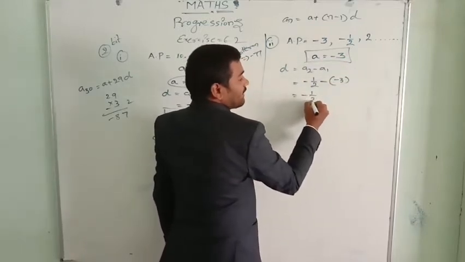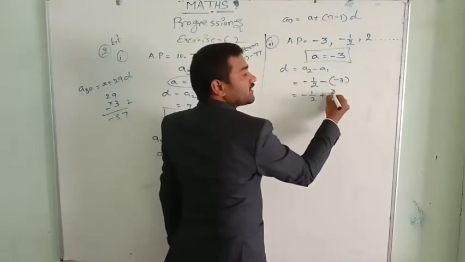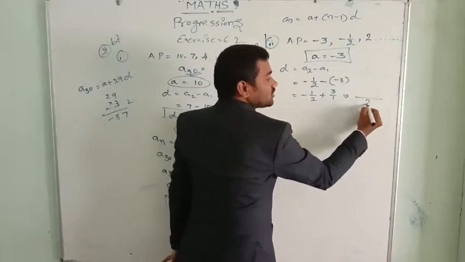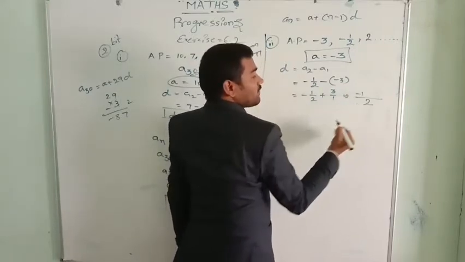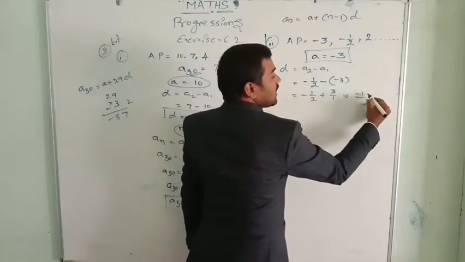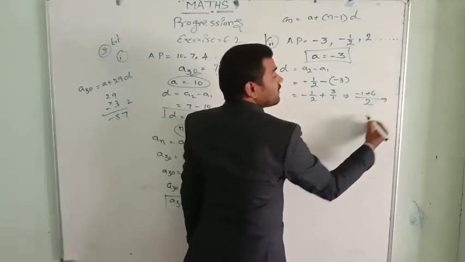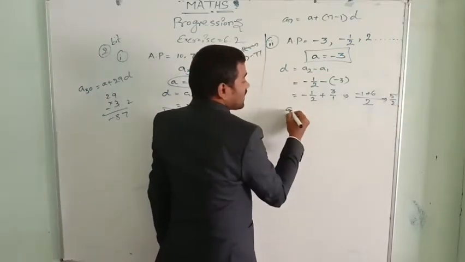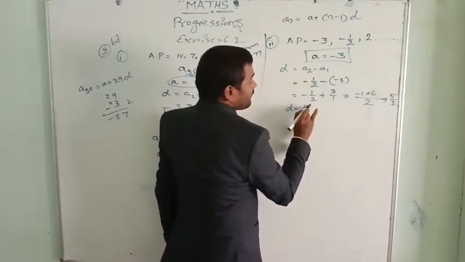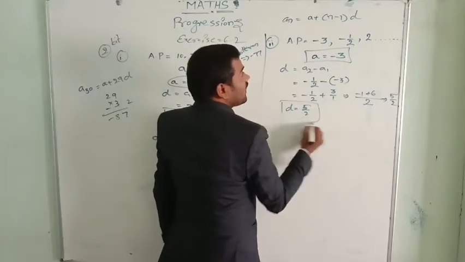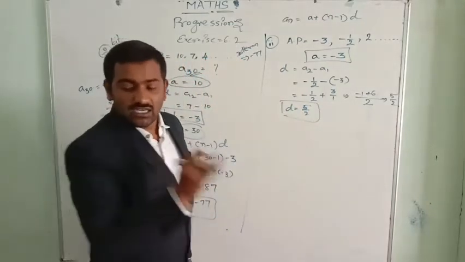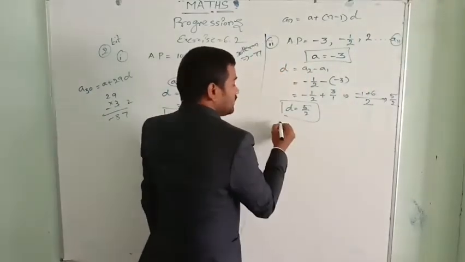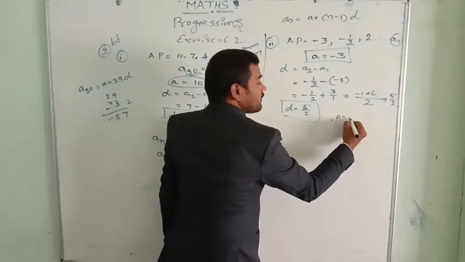Let's take minus 1 by 2 minus into minus, plus 3 by 1. Let us do the cross multiplication. 2 into 1 is 2. 1 one is 1, but minus 1 is here, and 2 threes are 6. So ultimately we get 6 minus 1 is 5 by 2, and the common difference equals 5 by 2. What we need to find in this is the 11th term, A11. So N equals 11.